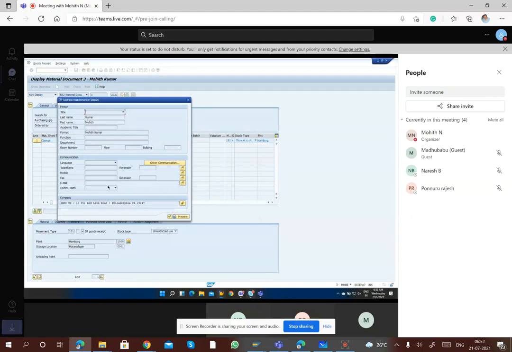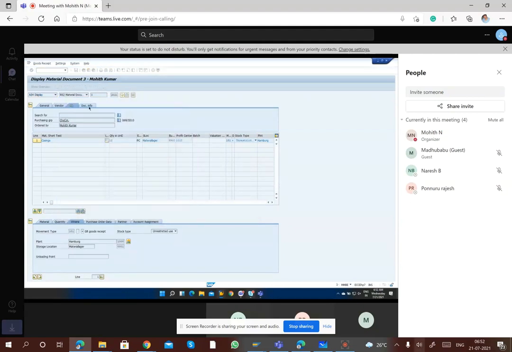If I double click, I can get all the details of my extension here. Okay, so then if you go to document info, here also I'll get my name, at what time I have created, and through which transaction I have created. I have used Migo transaction. So GR is nothing but the transaction name and code in the system, or you can use the Migo_GRS transaction also in SAP. Okay, this is all.